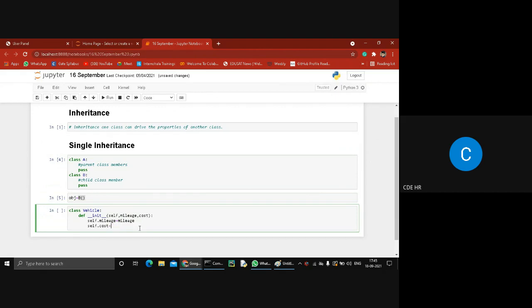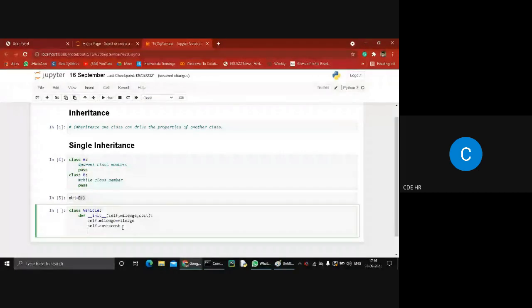Self dot cost equal to mileage or cost? Cost. Yes, cost.